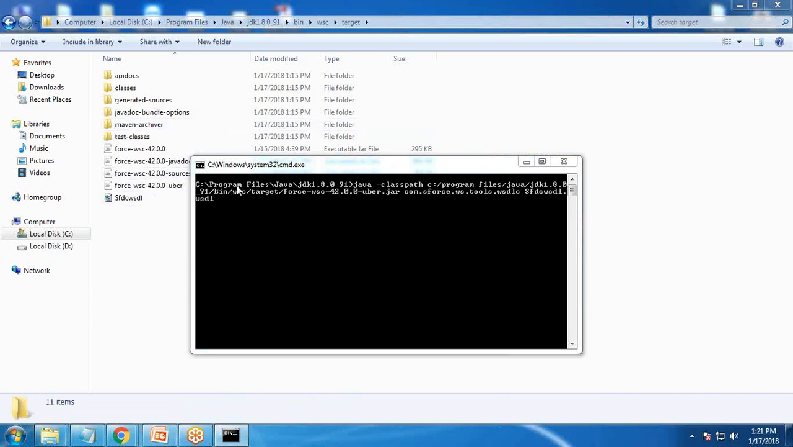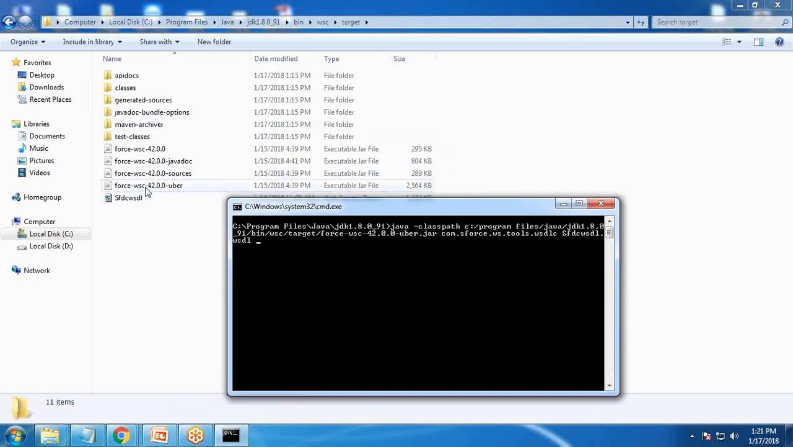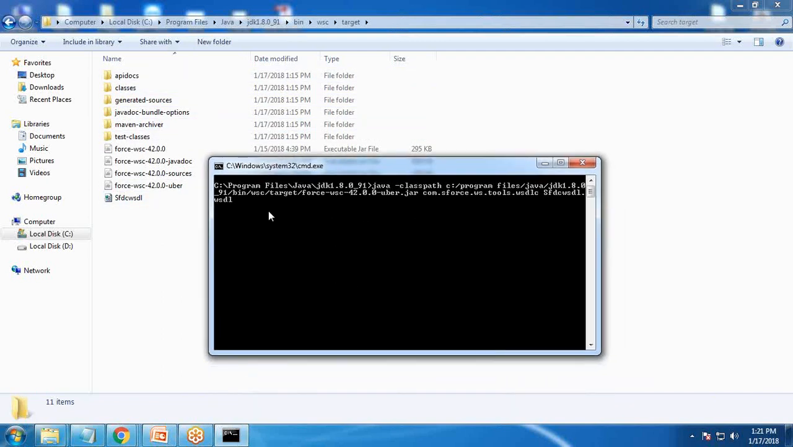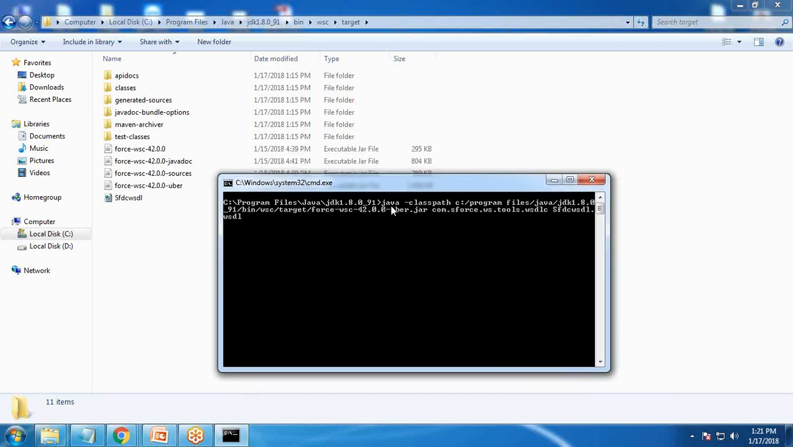So using this target folder, using the JAR file from the target library, force-wsc-42.0.0-uber, I will execute this command. So java -classpath, C drive, Program Files, Java, JDK 1.8.0_91, bin, wsc target. So we need to give the path to this particular file, and I'll add one more command,